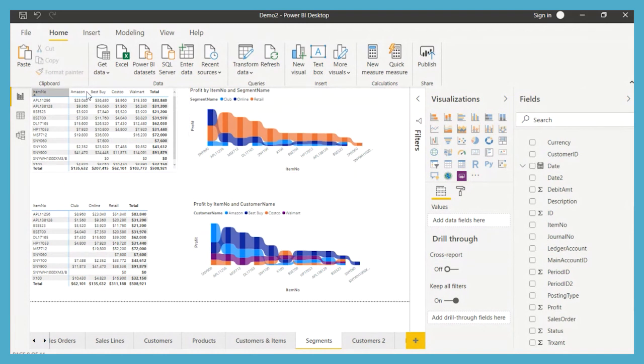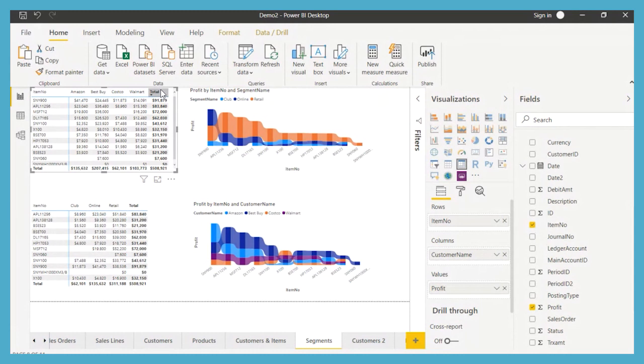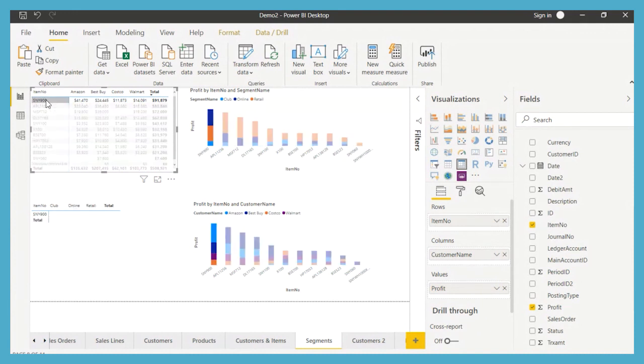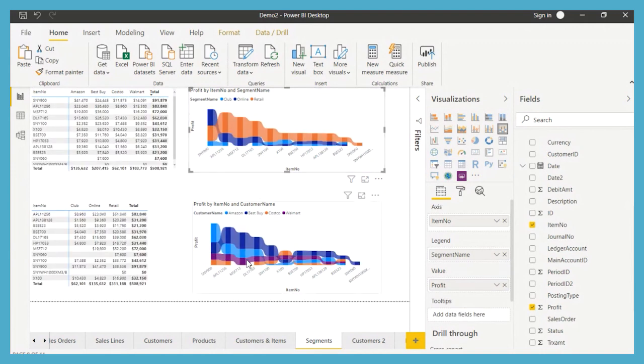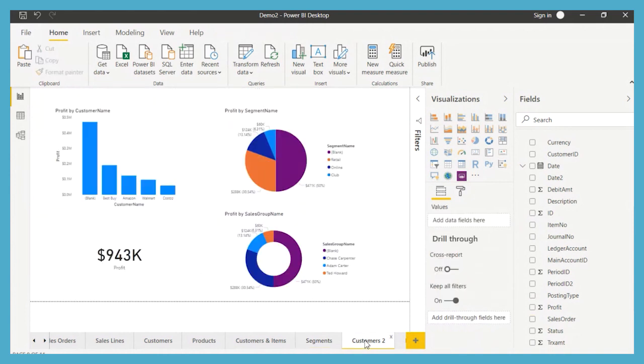So if I looked at that profit margin total, you see it, I can highlight that contribution and you can see that the Sony headphone is number one, the Apple's number two. So the grid, if I highlight that, ties into the chart. Pretty nice. Let's go and take a look at another tab that we created, I just called it Customers 2,